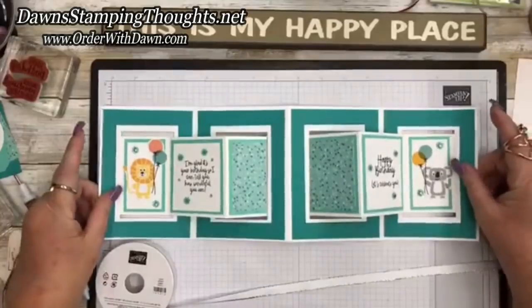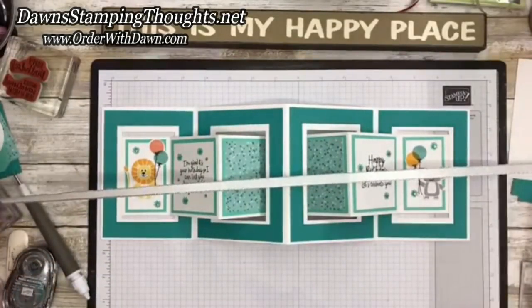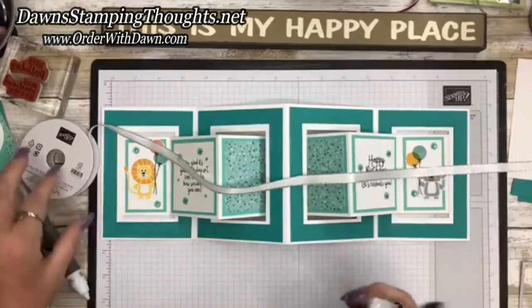Okay, so you want to lay your card out and then just kind of run your ribbon. I leave quite a bit at the end only because when you're tying, like right now I'm having a flare-up